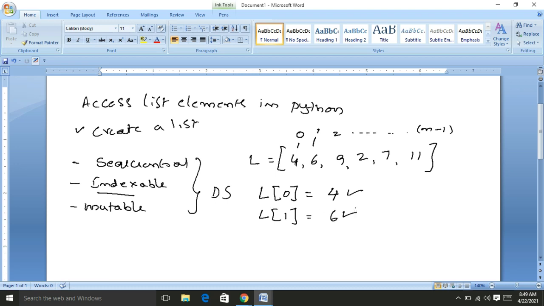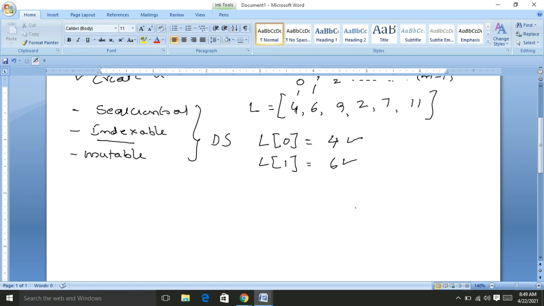Suppose we would like to print a sublist, or a range of values within the list. We call it slicing.